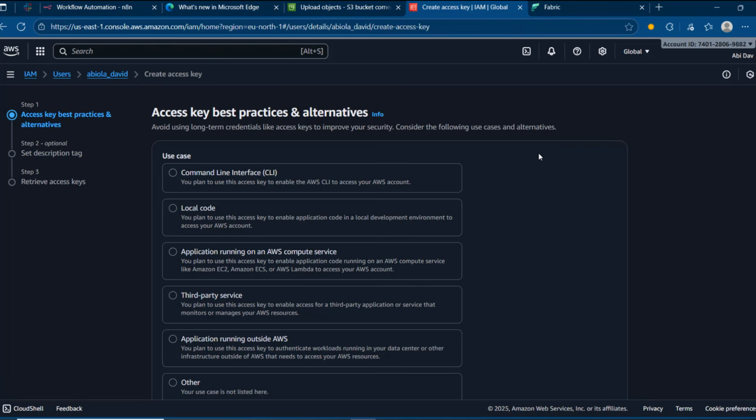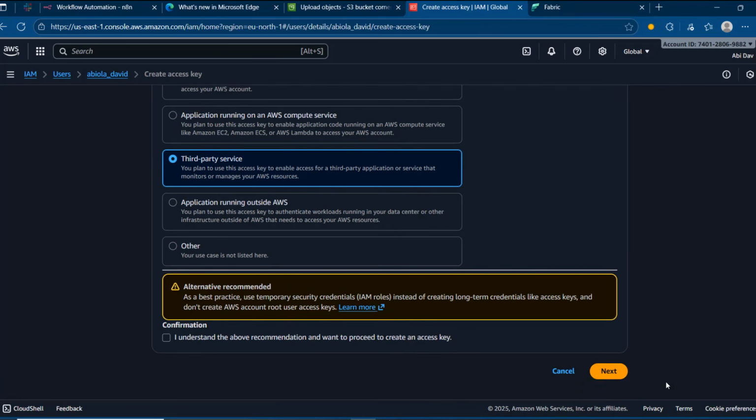And I can see we've got a bunch of best practices and alternatives. So we can use the key in our command line interface, the CLI. We can use the local code, application running on AWS compute service, third party, and so on and so forth. So we want to use the access key on the third party service, that is Microsoft Fabric. So I'm going to click on third party service and I'm going to go down to the bottom and click